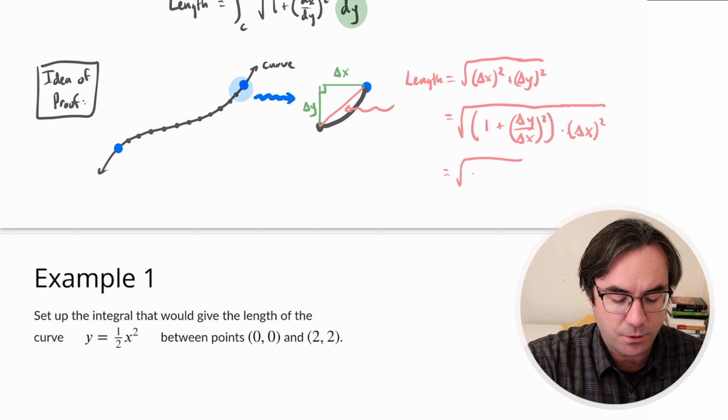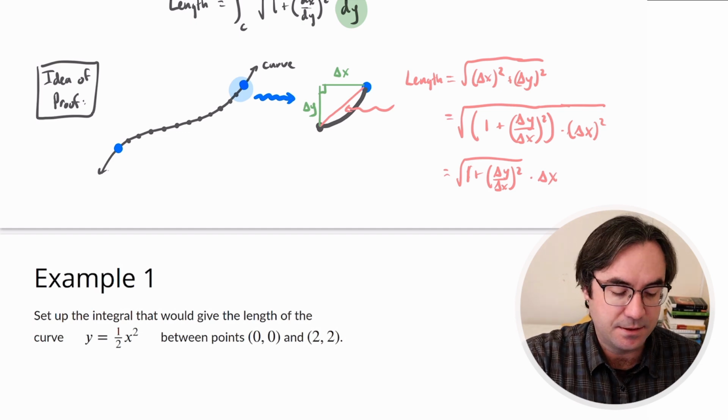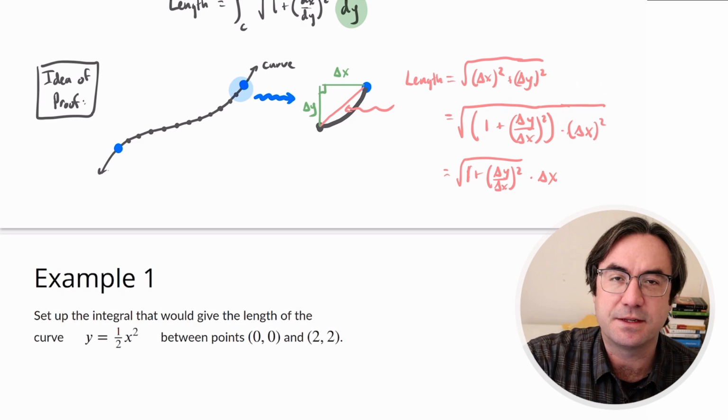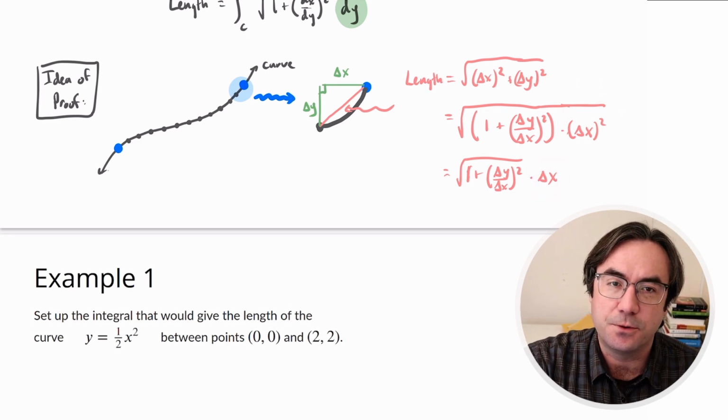So we end up with the square root of 1 plus (delta y over delta x) squared, times just delta x. That's what the square root of that delta x squared is. It just ends up simplifying to just delta x. So